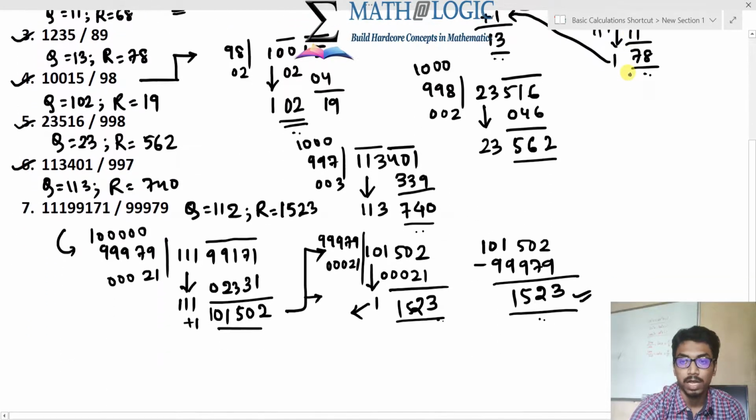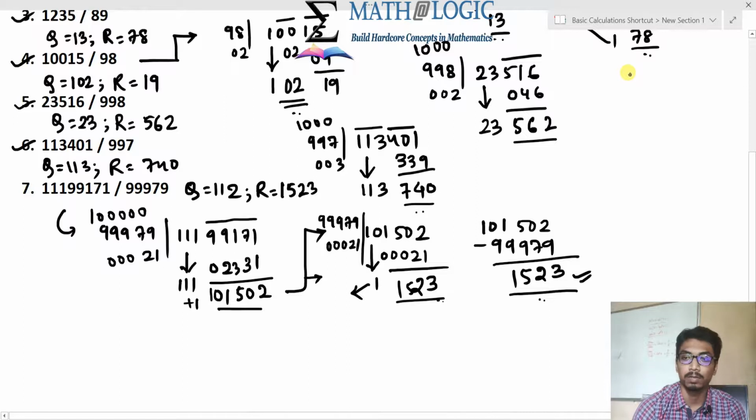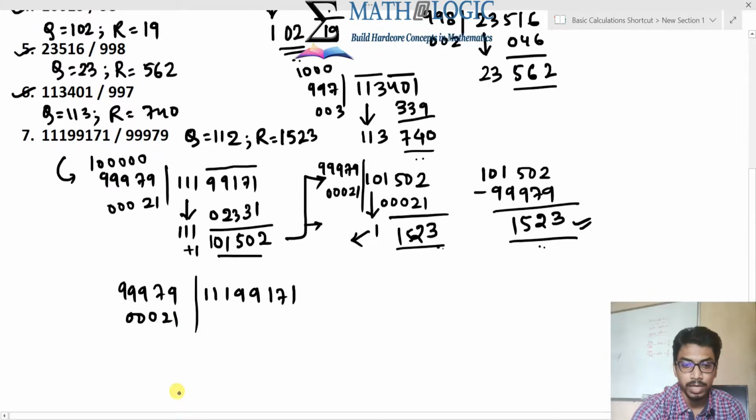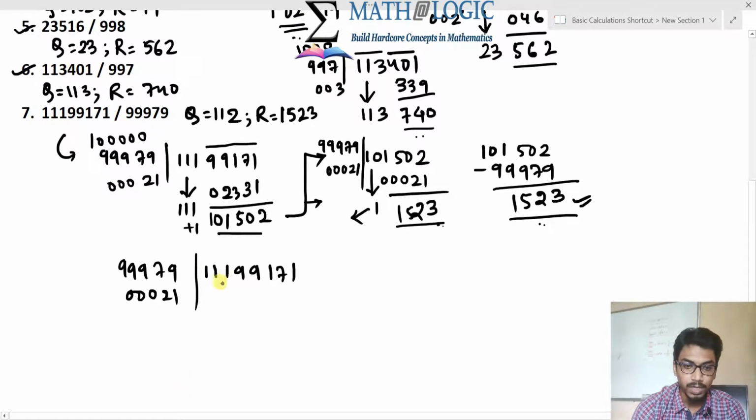Now in this case, that is the last question and the previous question, which was 11 multiplied by 12, again a bigger multiplication is required. But if you do this method, what I am telling you right now, this will become much easier for you, because in this case I will be considering only one digit at a time. It is to be divided by 99979. The logic behind this remains the same, but in this case that longer division is not required. See, in this case this part is the remainder, as I have told already. It is 5 digits, so 5 digits will be considered as the remainder part.